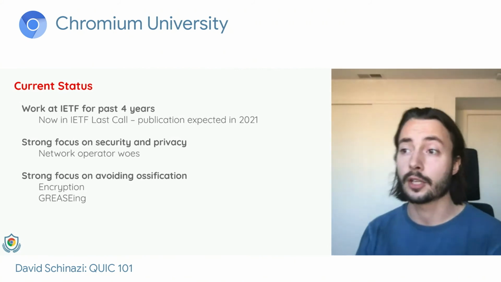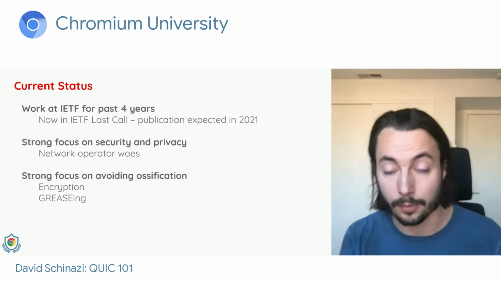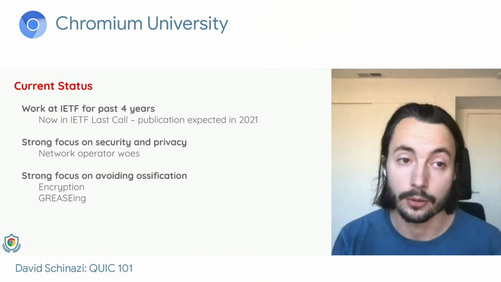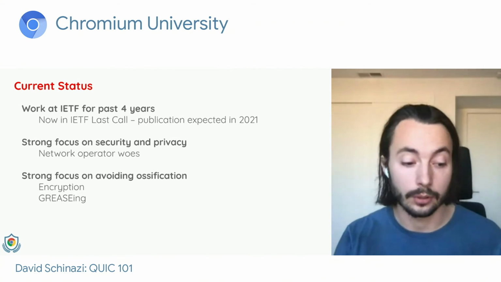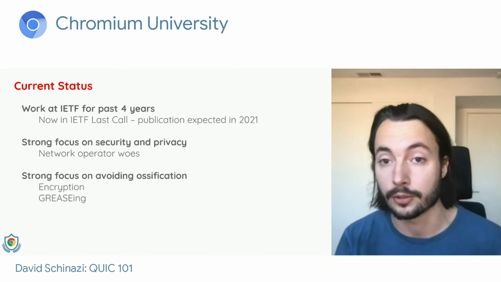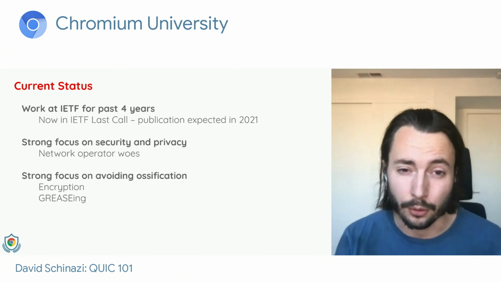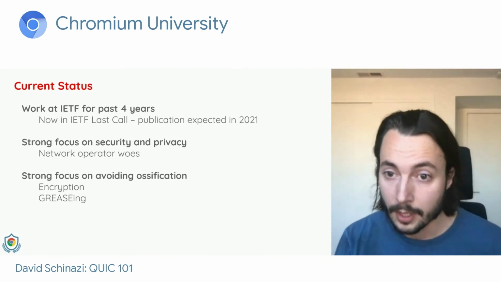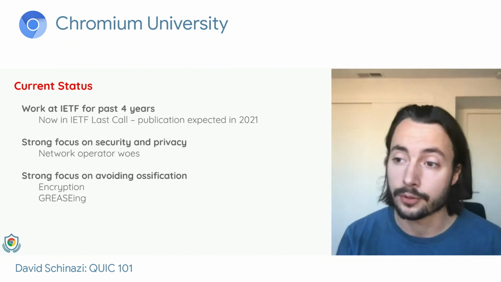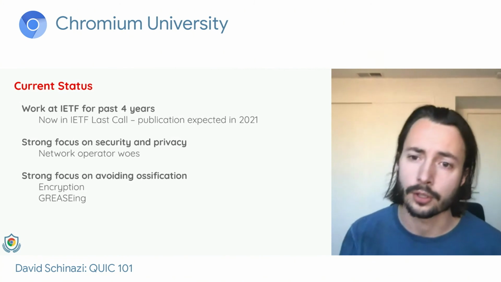There's been a lot of discussion because all this encryption to ensure that the protocol can evolve has made some network operators' lives harder, because they used to look at this TCP information to, for example, look at the health of their network, and that information is no longer available. That's unfortunately one of the trade-offs we had to make. And another property that the IETF is really focusing on, so we already talked about encryption, is